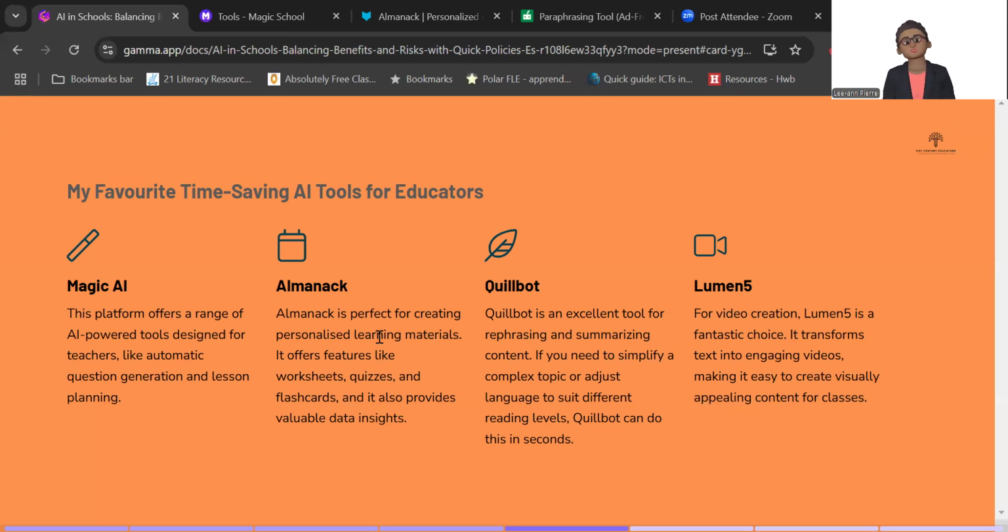And it doesn't just present text. You can actually record your voice as well. So you can do voiceovers, and you also can edit the images that it suggests. So these tools provide practical support and save teachers time, allowing you to focus more on engaging with students. And of course, which teacher doesn't need more time, right? I mean, I don't think I've ever heard a teacher say, I have extra time on my hands.